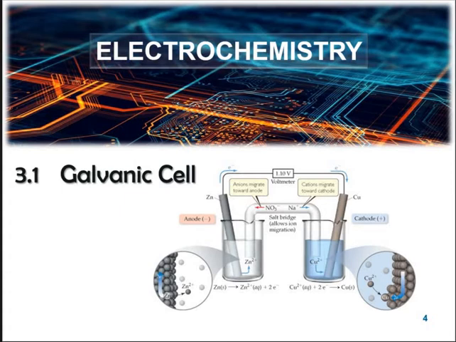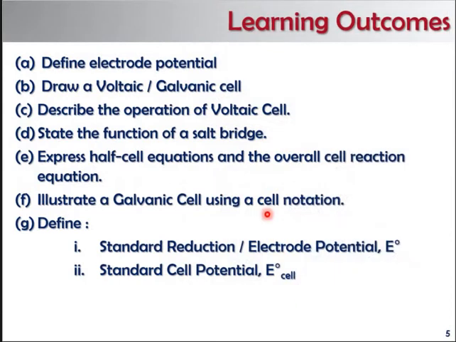Okay, so untuk galvanic cell, dia punya learning outcome dia panjang sikit berbanding dengan lain. So we look first the learning outcome for this subtopic. At the end of this subtopic, you should be able to define electrode potential, draw a voltaic or galvanic cell, describe the operation of voltaic cell, state the function of a salt bridge, express a half cell equations and overall cell reaction equation, illustrate a galvanic cell using a cell notation, define standard reduction or electrode potential E0,